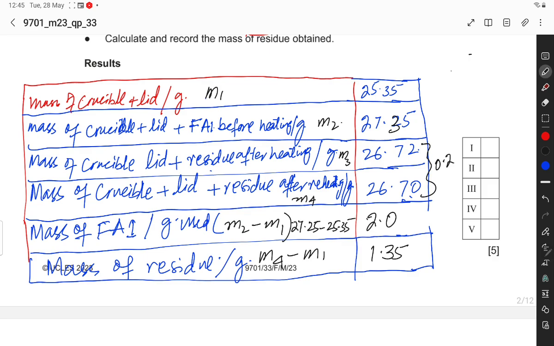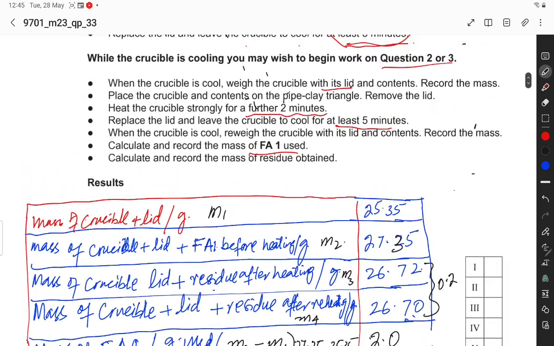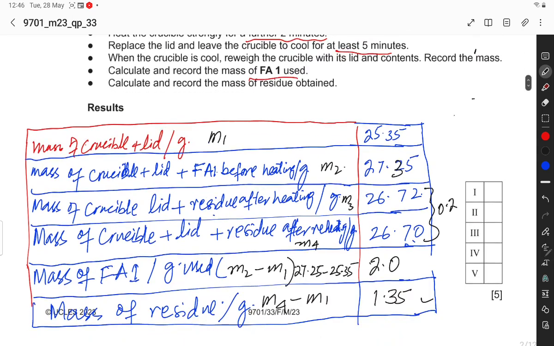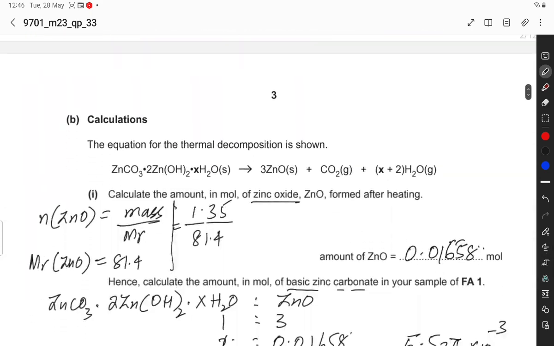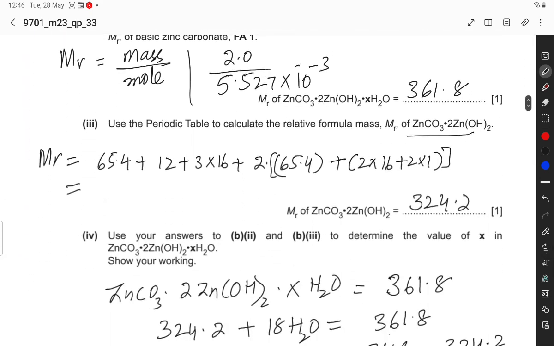M4 is this, 26.70 minus 25.35. So we get the 3.1. Now the difference between these two values should be not more than 0.2. Please be attentive, be careful while taking this reading, these two readings. So this is how to calculate this